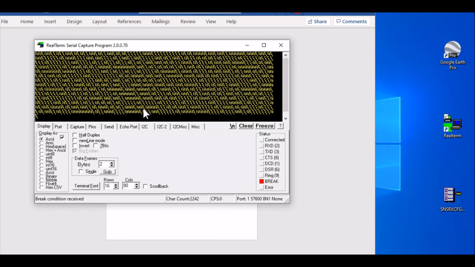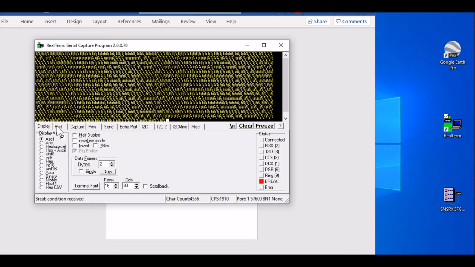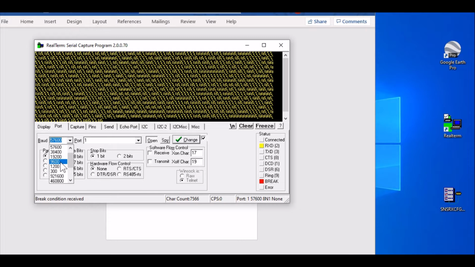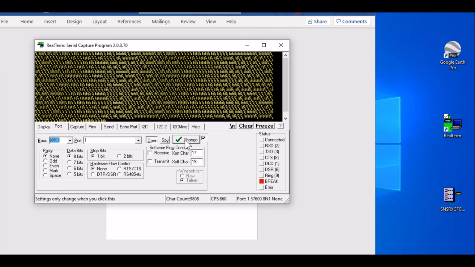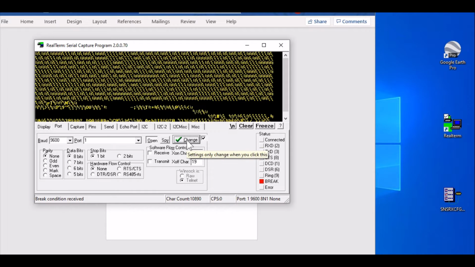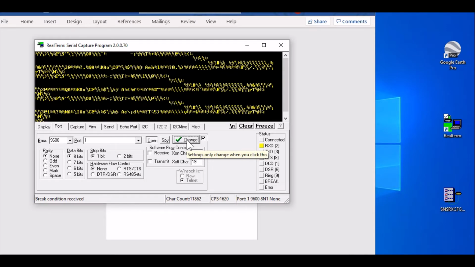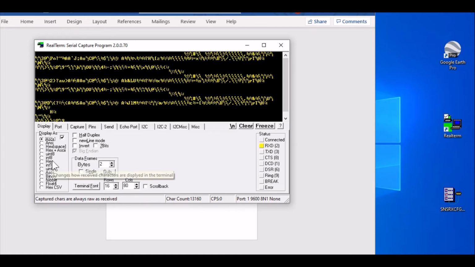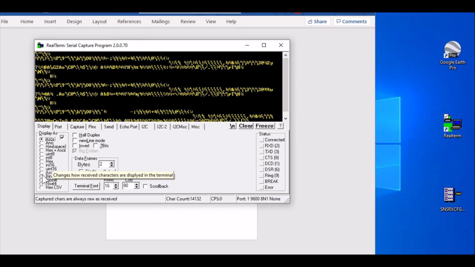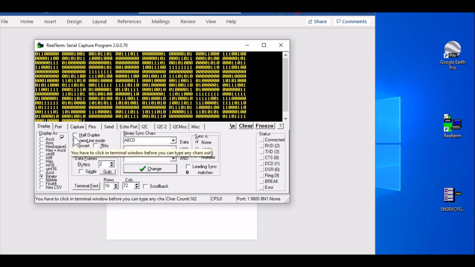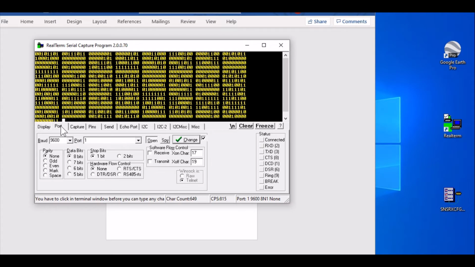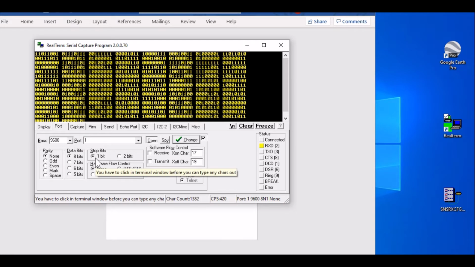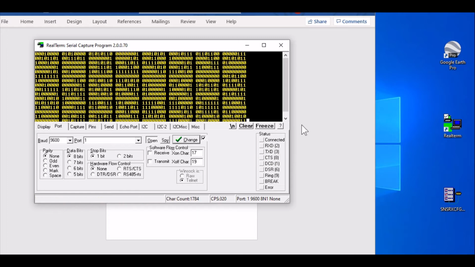And we're having a look at that coming down, and if we go over here to our port and we change this over to 9600, and we go change, and there we go. Now if we come over here and go to our display and change it to binary, you'll see the new product, which is 9600